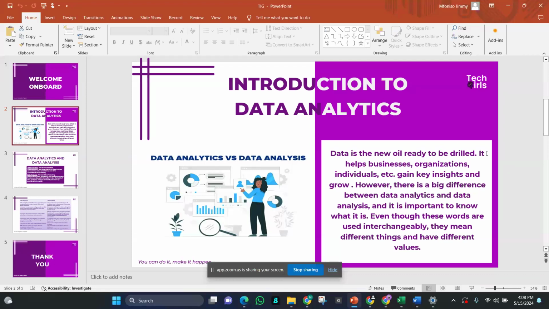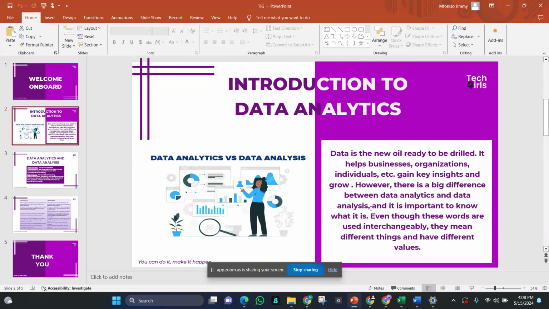Data helps businesses, individuals, organizations, and families gain insights and grow. When I talk about insights, I mean it helps them track their previous activity and make predictions concerning their future activities. However, people often mistake data analytics for data analysis.